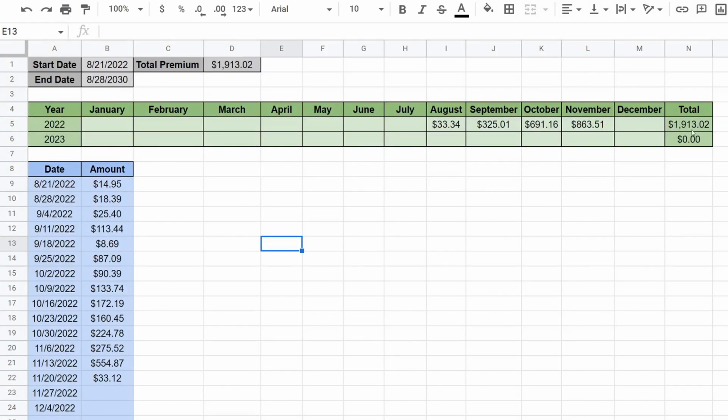In general, so far we've made $1,913.12 for the past couple months that we've been selling options. Pretty awesome. We've actually surpassed what we make in a monthly dividend, but again, this is taxed as regular income. If you see for this week, we made only $33.12,